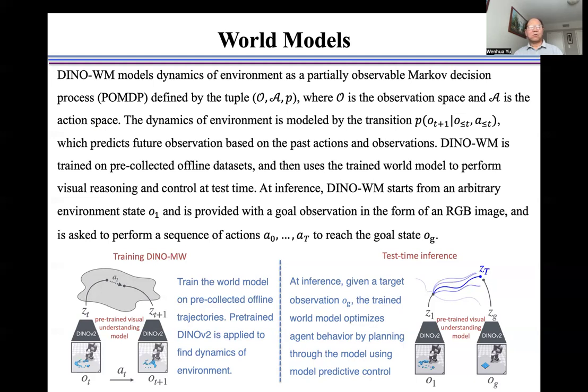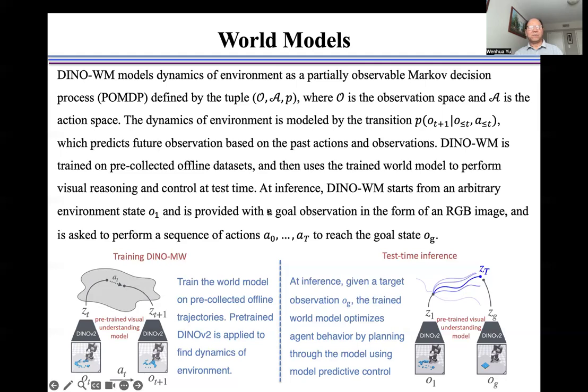observations. The DINO-WM model is trained on pre-collected offline datasets and then uses the trained world model to perform visual reasoning and control at test time. At inference, the DINO-WM model starts from an arbitrary environment state O1 and is provided with a goal observation in the form of an RGB image, and is asked to perform a sequence of actions from A0 to AT to reach the goal